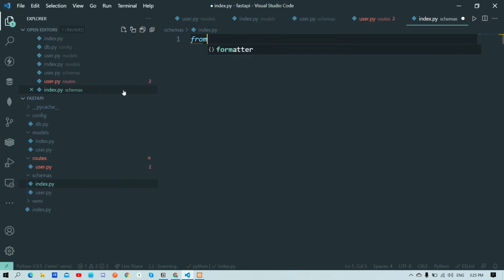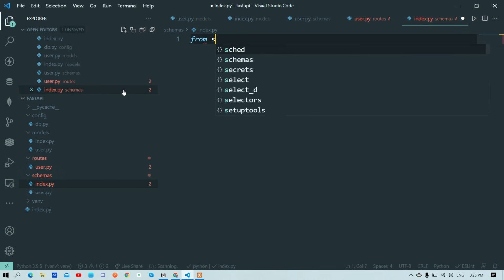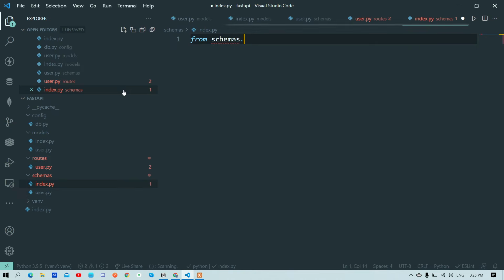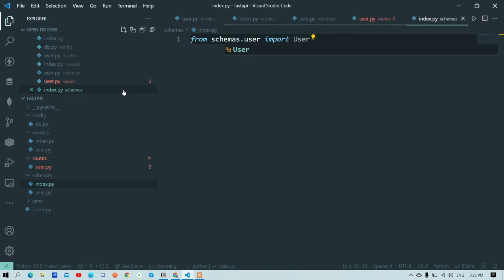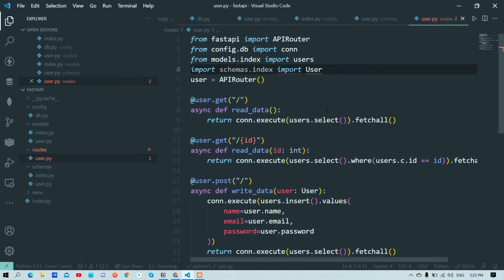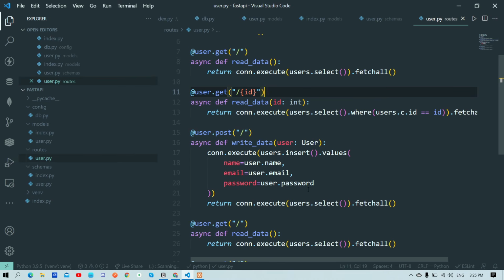and from schemas.user import capital User. So yeah, this is it. So we'll grab this from here. It's all up to you how you use it, but I always prefer to use like this. So yeah, so now we are getting this user here,